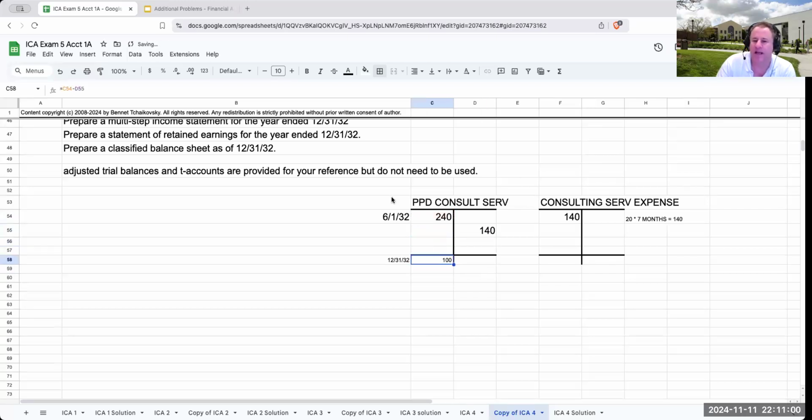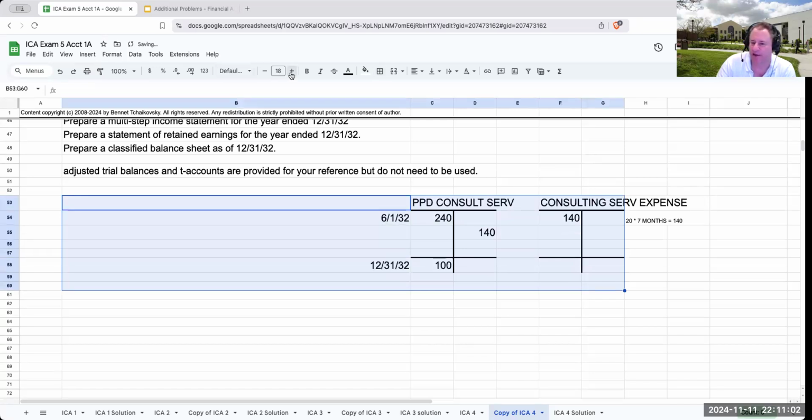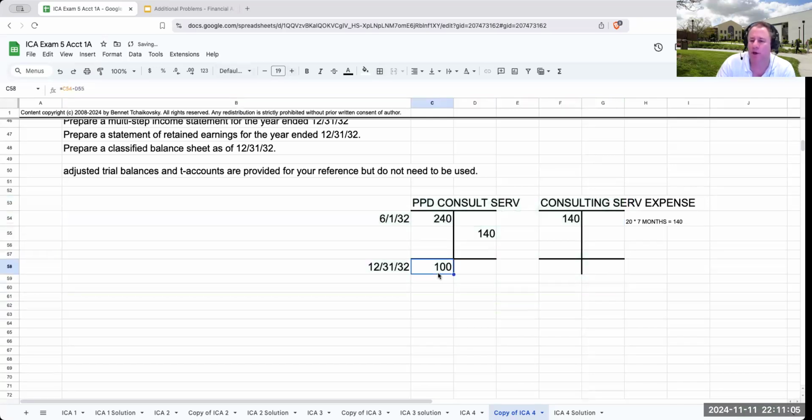When I look at this, I have an ending balance after I make the adjustment of 100. Think about this logically. What does this represent? Well, this was a 12-month advance because if it's 240 and I'm being charged 20 per month, that's for 12 months. I've used 7 months of it or 140, so I should have 5 months left, or 5 times 20